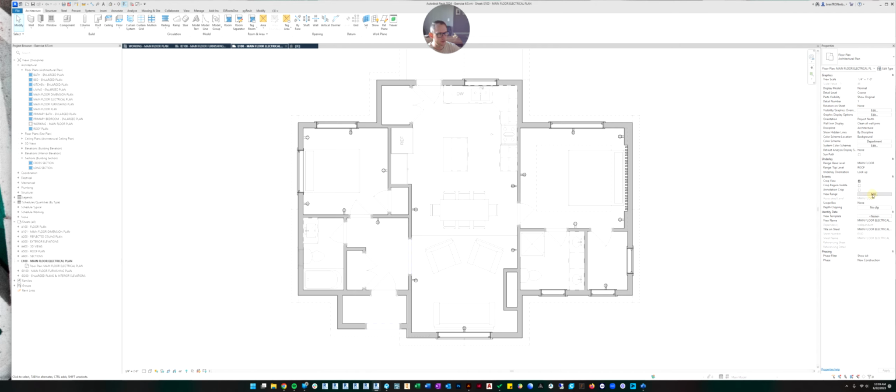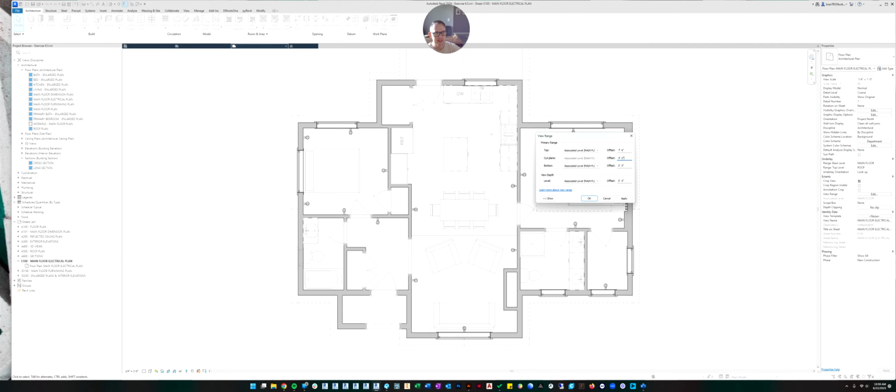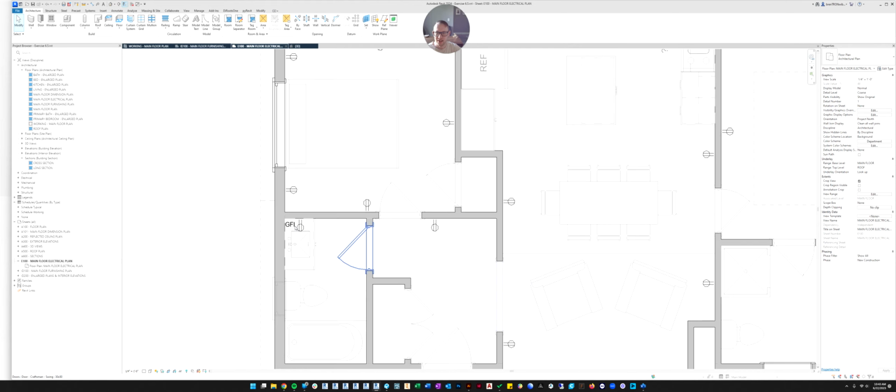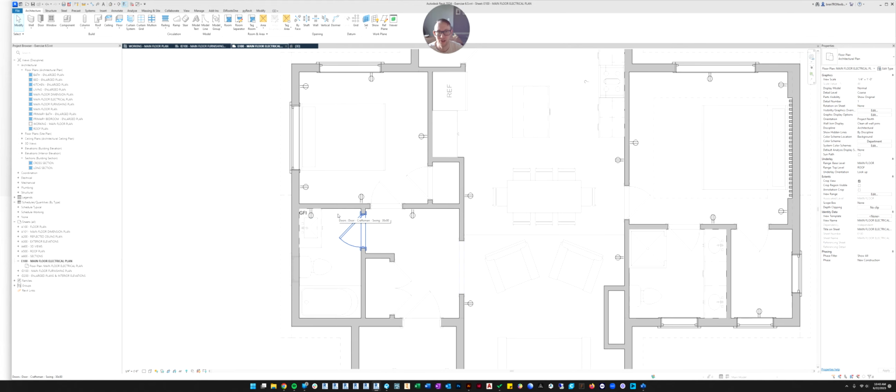So if we go over here and click view range, you'll see basically anything above the cut plane disappears. So we set it at 4 feet and the cut plane is also at 4 feet. So it's not showing us the outlet because it's right at or above our cut plane. So let's just move the cut plane up 6 inches and see what that does. So let's do 4 feet 6 inches. And you see how it reappears? So now we're cutting through the outlet, so it will appear again. It's below our cut plane.